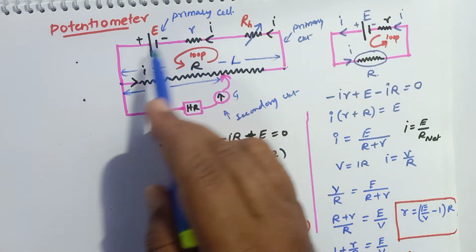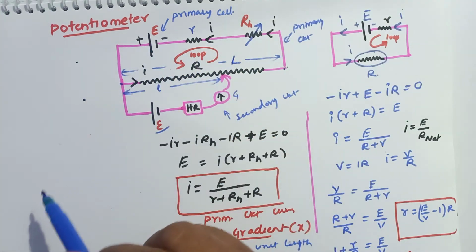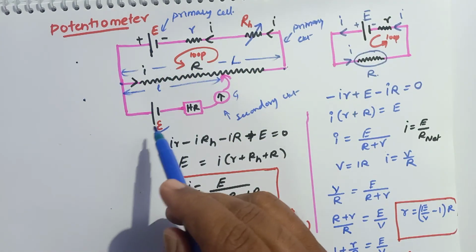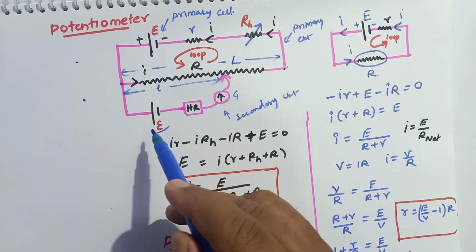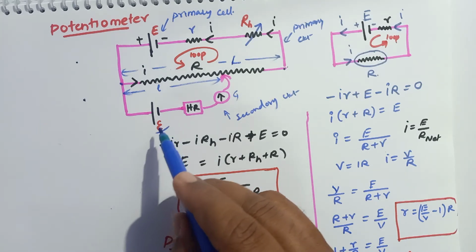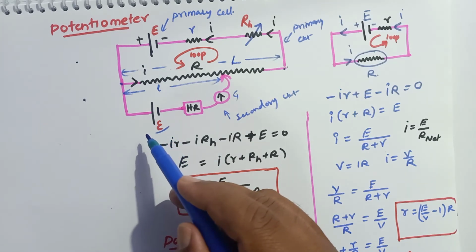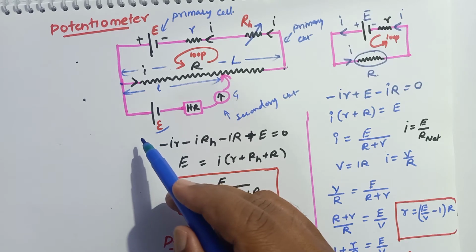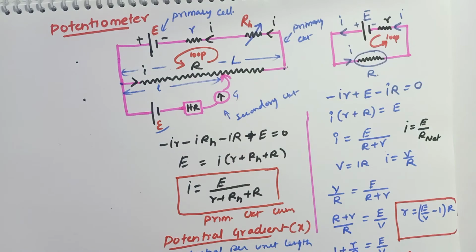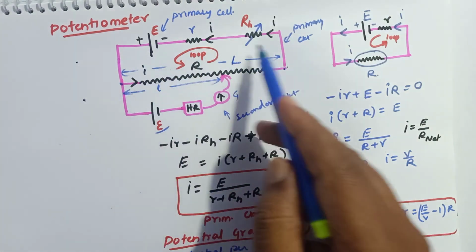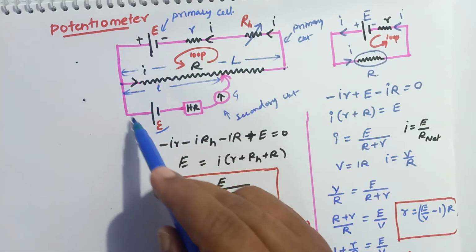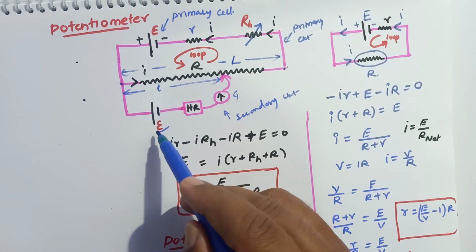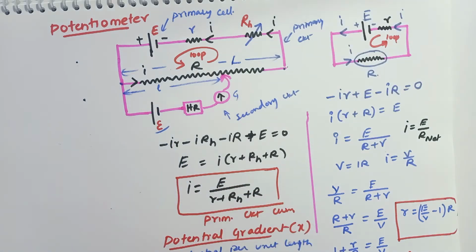If any cell is given to you, you have to find out the EMF of that cell. This is the primary cell which is already present in the circuit. In the secondary circuit, you are taking the cell for which you have to find the electromotive force. A cell is given to your hand and you have been asked to find its electromotive force. Then what are you going to do now? You have to take this circuit diagram, connect this circuit, and this is the secondary cell whose EMF should be found here.